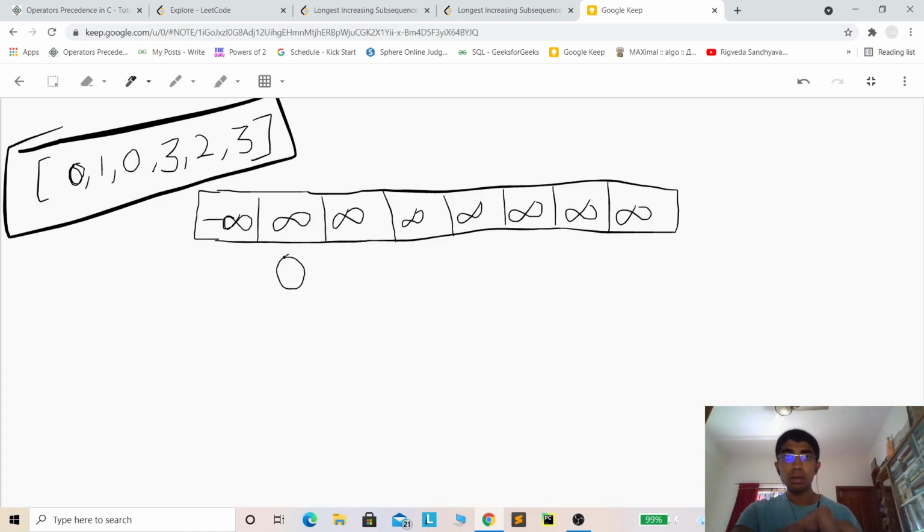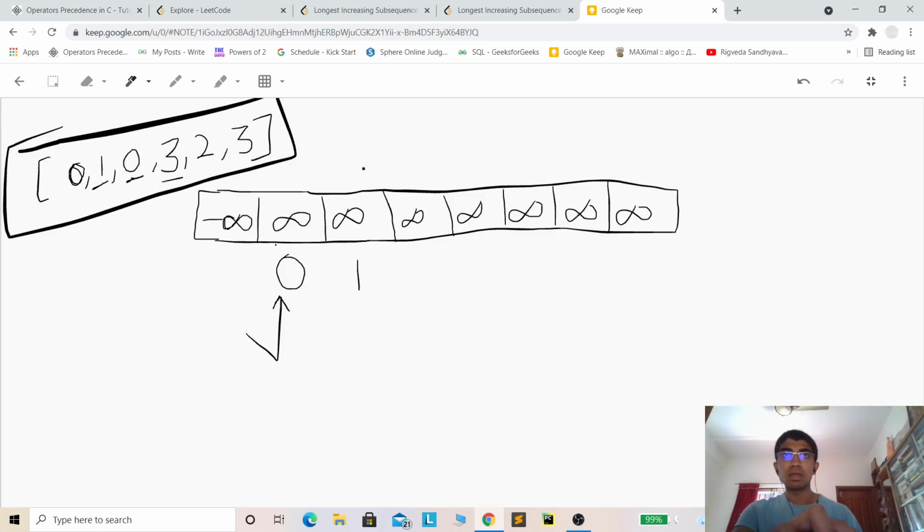So 0 would come over here, and next we have 1. What is the position of 1 in the sorted array? 1 is greater than 0 but less than infinity, so 1 comes over here. So once we place it over here, infinity gets replaced by 0. Now we don't have infinity but we have 0. For the sake of clarity I am writing it below, but actually 0 is over here and we don't have infinity in this position anymore. Similarly in this position 1 is there and not infinity, and next element is 0, and 0's position again is over here only. So we replace 0 by 0 only, so it stays the same.